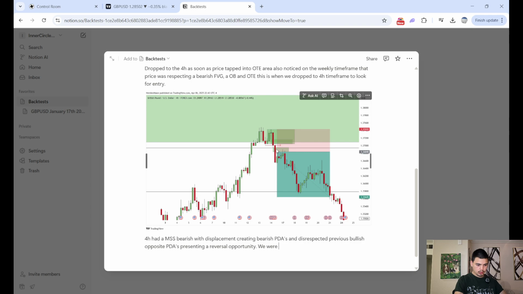We were okay risking 1% because there were 3 PDAs and 2 at the same entry price. We split it up. DCA